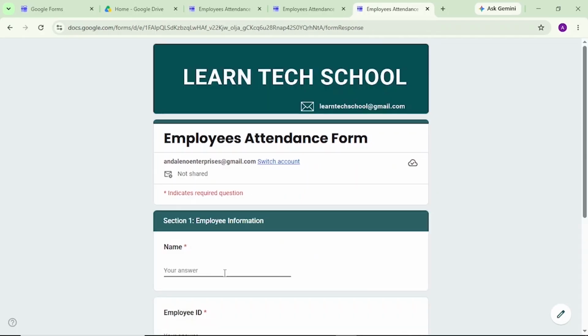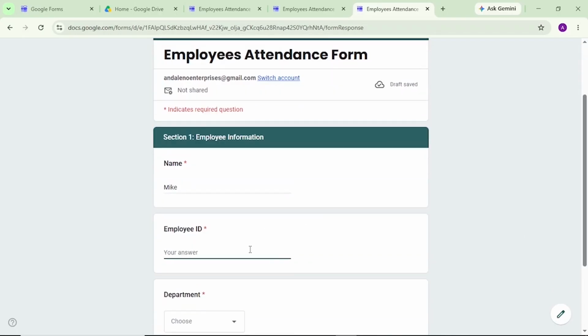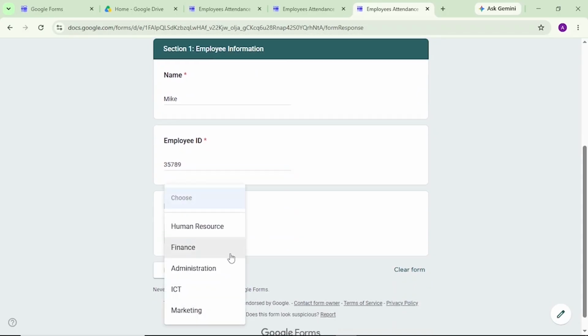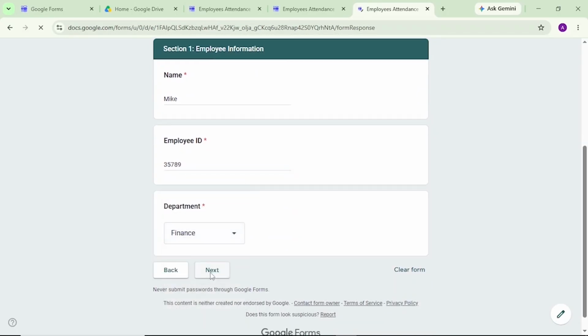With name, we start with Mike. Employee's ID, we're just going to give a random ID number. Department, we'll choose any department. For us, we're going to choose finance. Then click on next. Attendance,